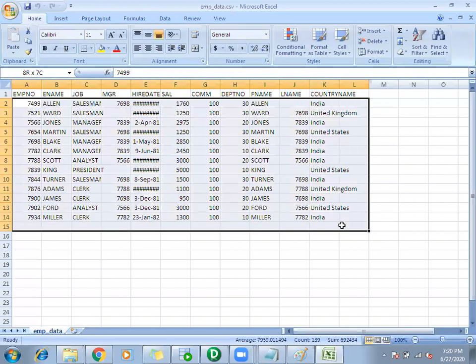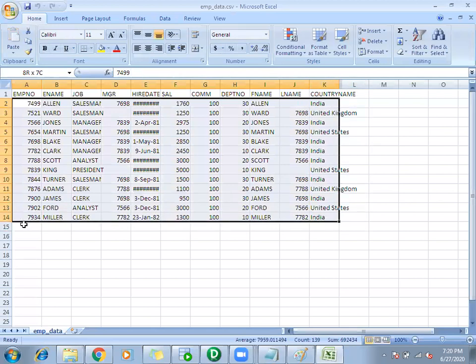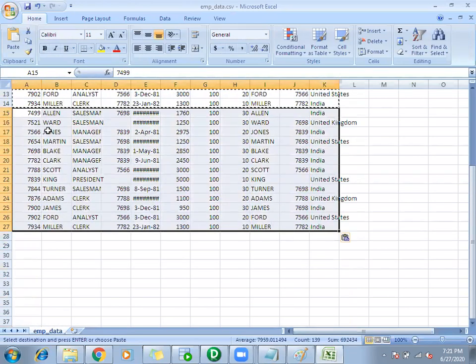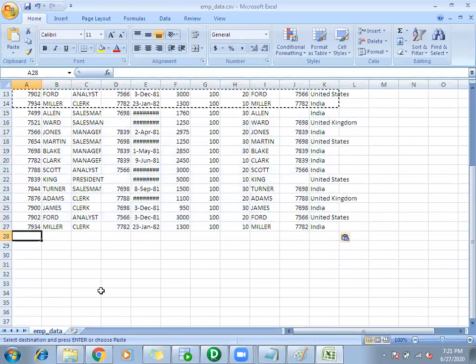Just to get some extra records, I'll copy the same data so that we get some more records in our source.